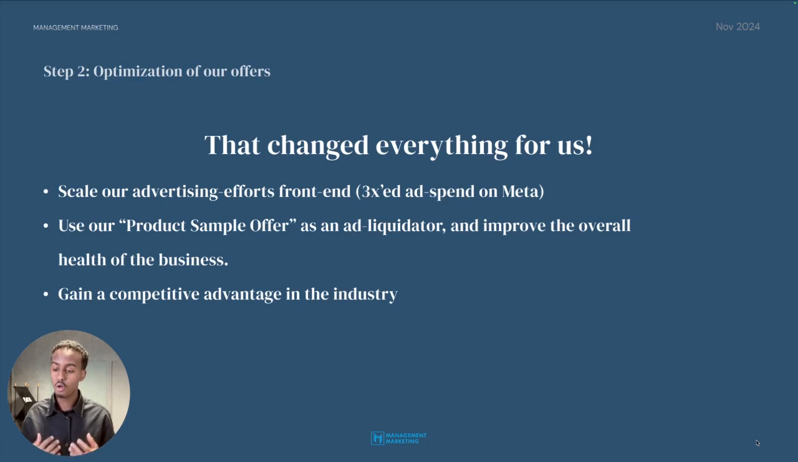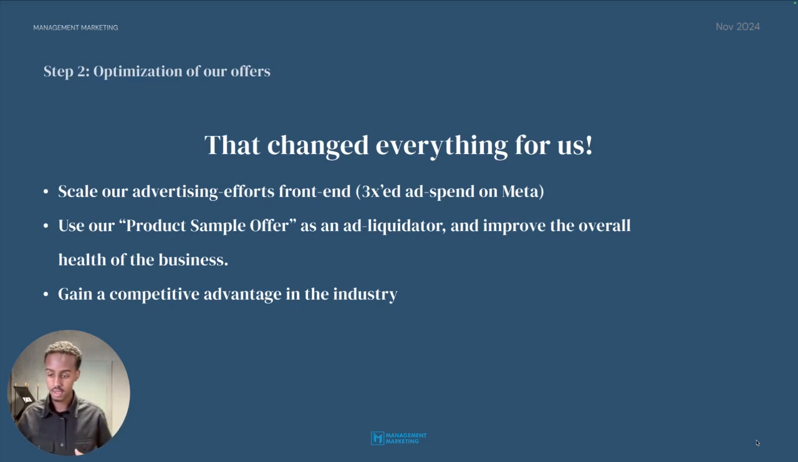And that specific product sample offer has also worked as an ad liquidator and improved the overall health of the business. What I mean by that is that in most cases, we can almost go break even selling a product sample. And when we go break even selling a product sample, we can essentially acquire a customer later on, or we have already acquired the customer, but we can acquire a high AOV order later on, but let's say 12,000 Danish kroner, and only have